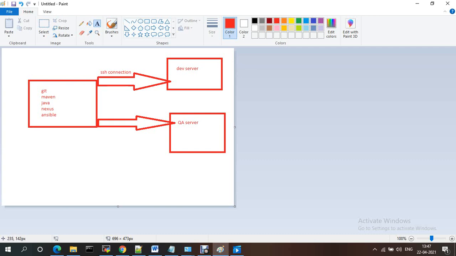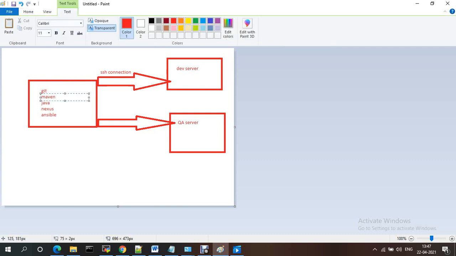So we have written the playbook, and using that playbook we have pushed it to the dev server and QA server. Even QA also we can do from Jenkins only, like build that code using the Maven build tool. You can configure the Nexus server details, everything. Once the jar file is generated, you can directly move it to the dev server and QA server. That's all about this one. Thanks for watching.